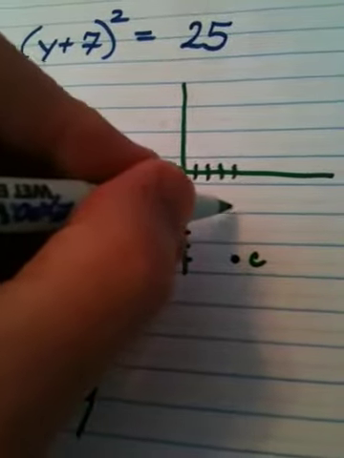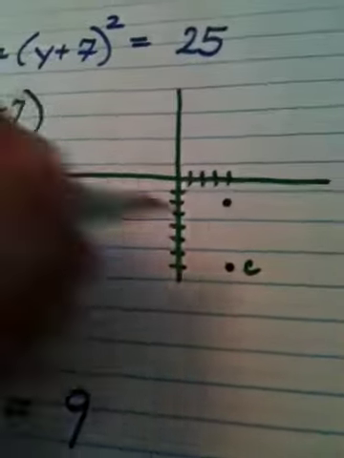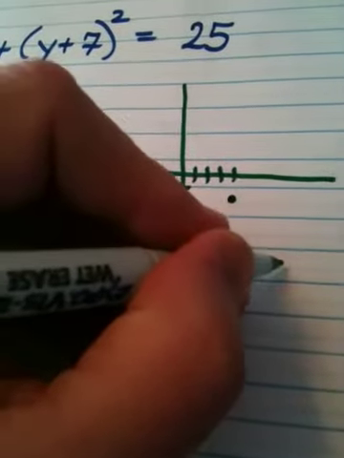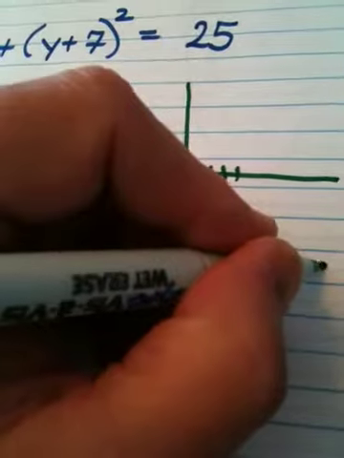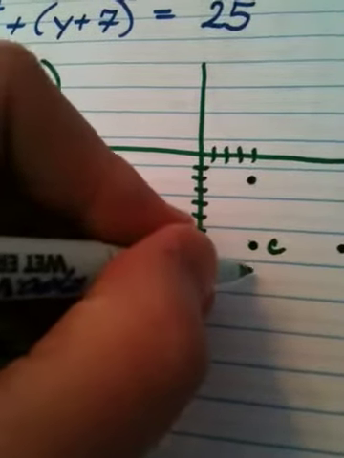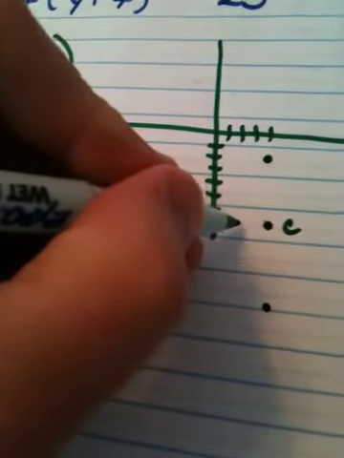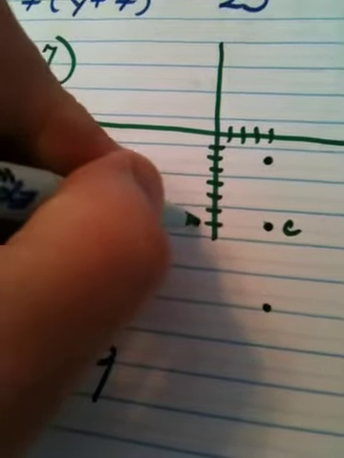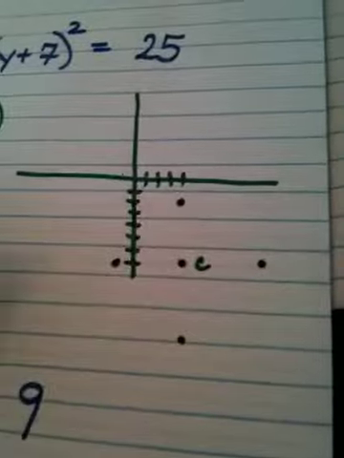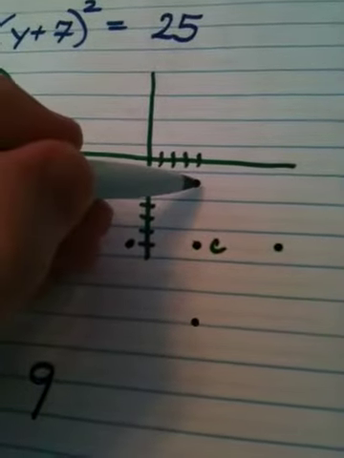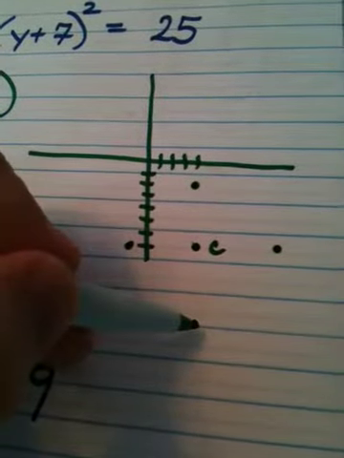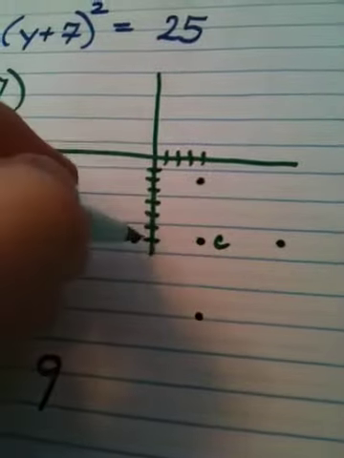1, 2, 3, 4, 5. Put a dot. Again 1, 2, 3, 4, 5, put a dot, in each of the other directions. You got me? So I went from the center 5 to the north, 5 to the south, 5 west, and 5 east,